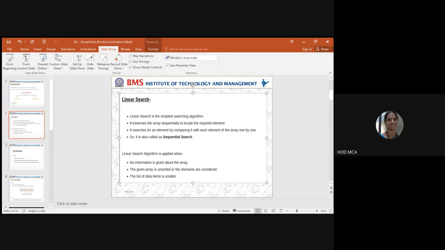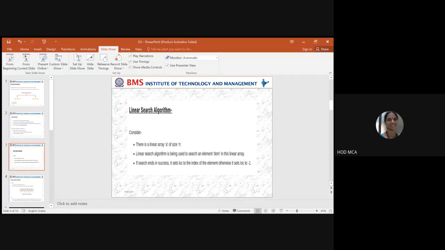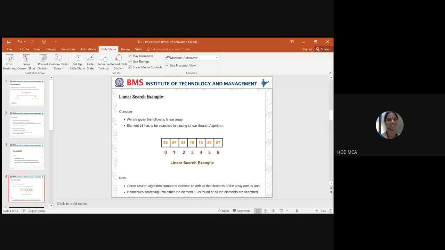It is applied when the given array is unsorted or the elements are unordered, because in the case of binary search, you have to go for ordered elements. In the linear search algorithm, you go on searching one element after another.